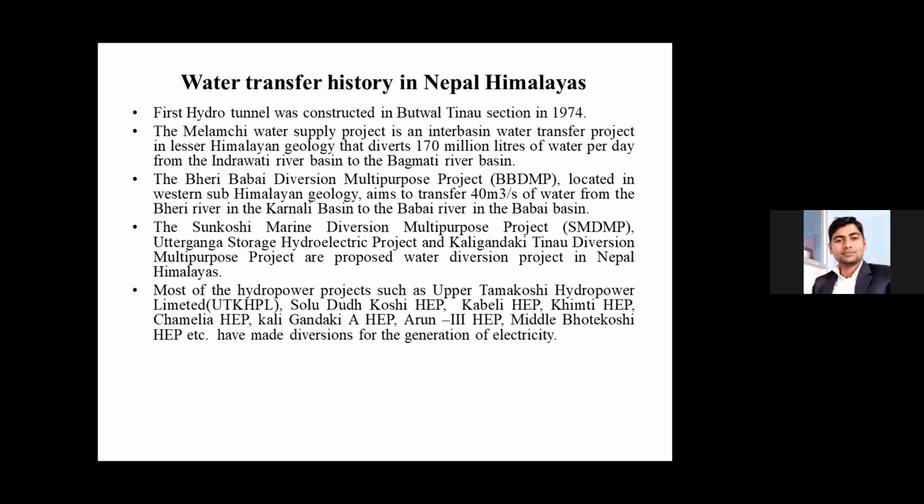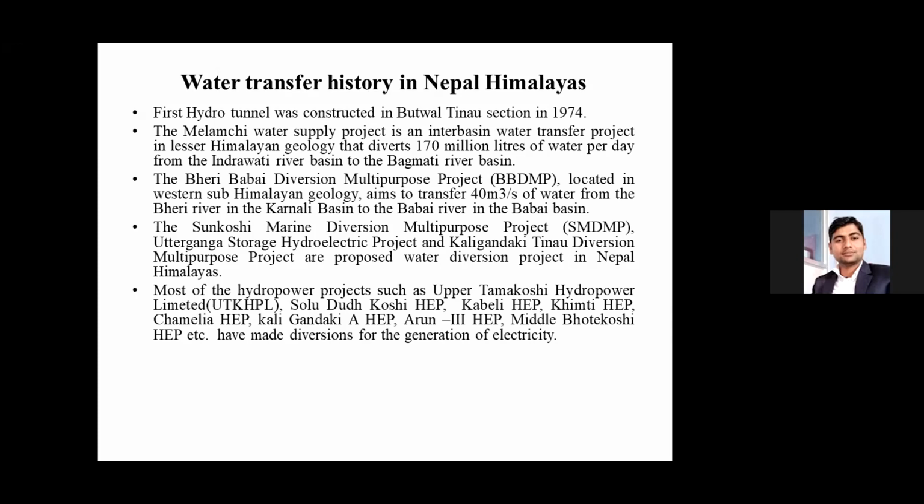In the Lesser Himalayan section, the Melamchi water supply project was introduced as an interbasin water transfer project, which aimed to divert 170 million liters of water from the Indrawati river basin to Bagmati, especially to fulfill the demand of the Kathmandu Valley